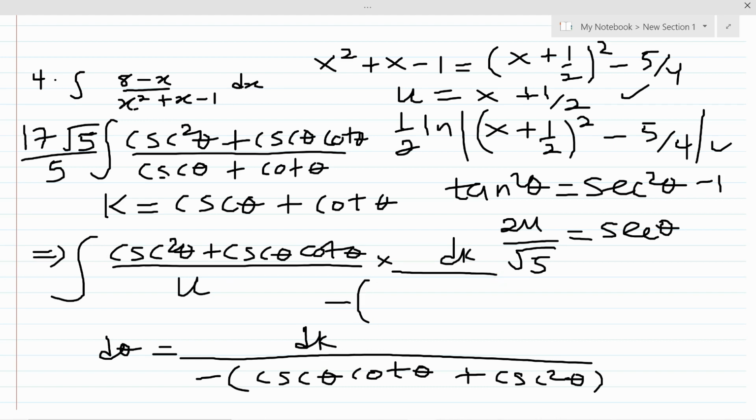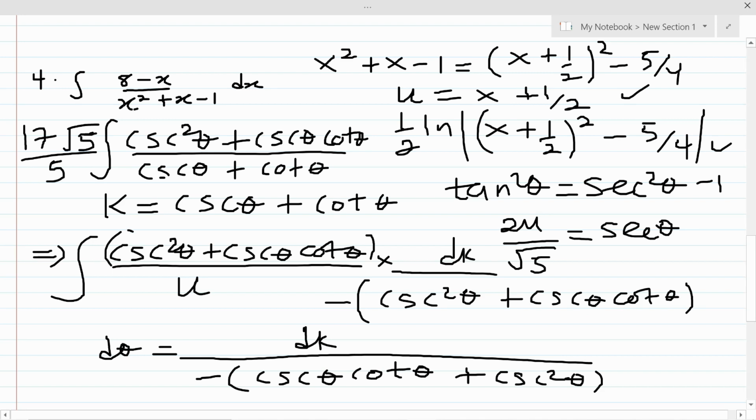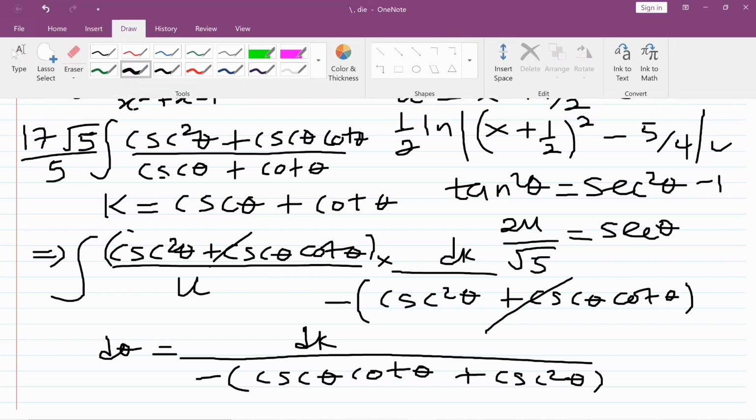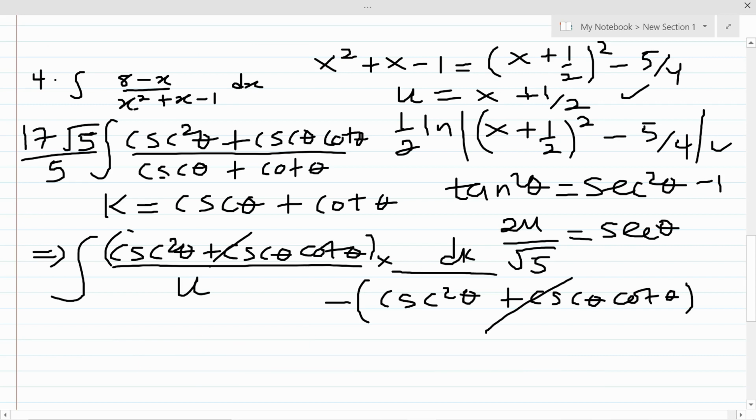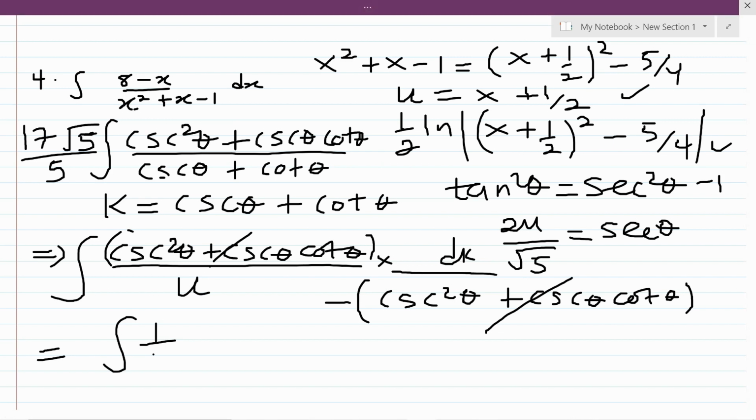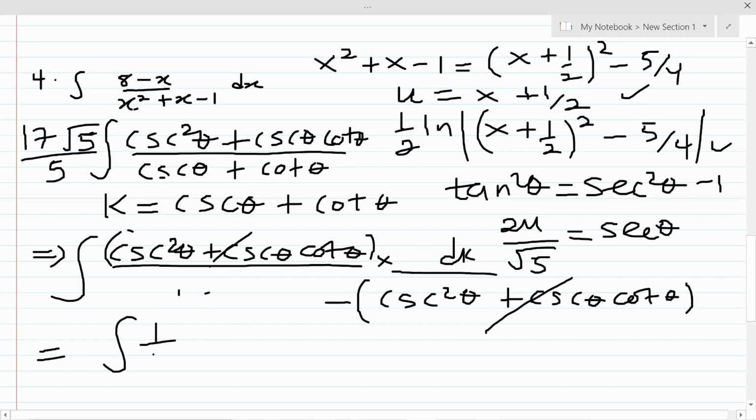What this expression, I can interchange it, so it's like cosec square theta plus cosec theta cot theta. Okay, alright, I hope you can see that it's the same expression that is at the top here. So I can cancel this and that, and there is a negative here, so we just put it in mind. Now let's continue. So this will give us integral of 1 over, sorry, it's a k here, shouldn't be a u. Okay, it's a k